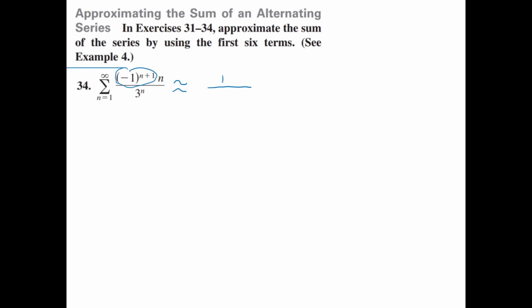So we go 1 over 3, minus 2 over 9, plus 3 over 27, minus 4 over 81, plus 5 over 243,